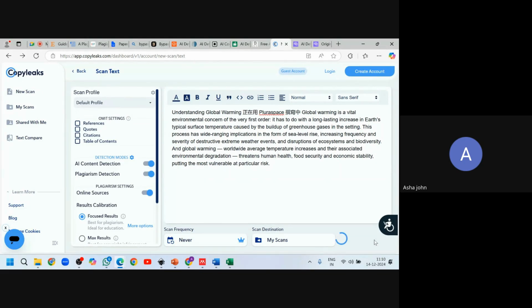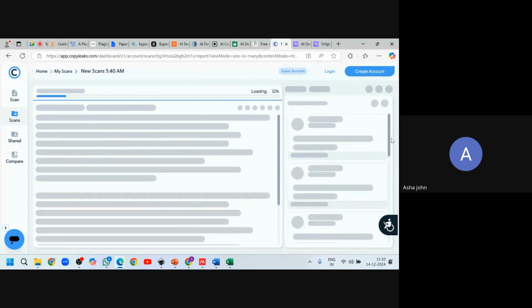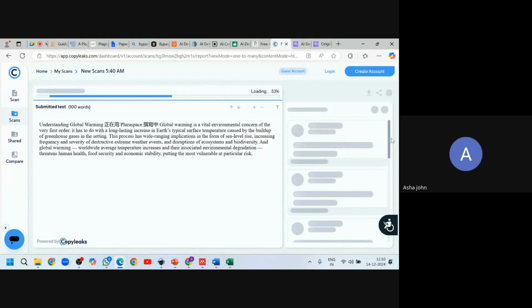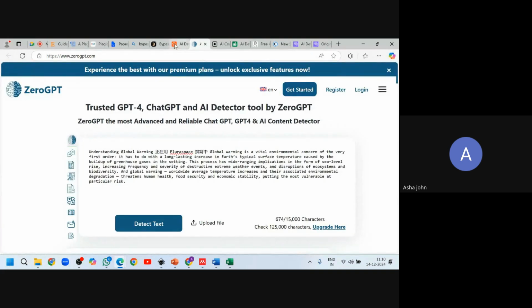Now, Copyleaks is a very good AI detector. We will see how much it will detect our content as AI. You can see some other languages have also come in here from the beginning itself.